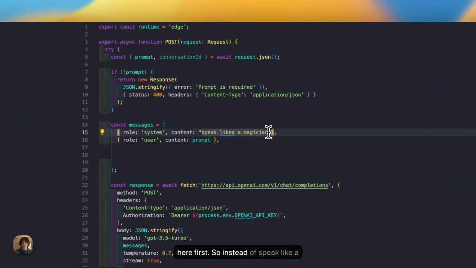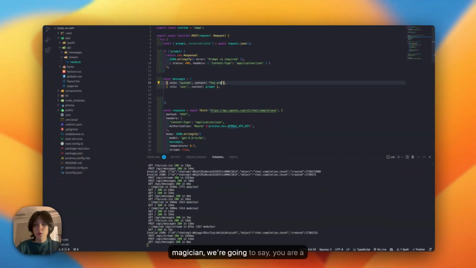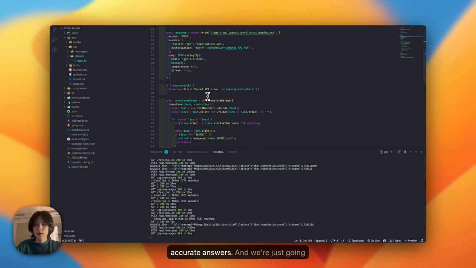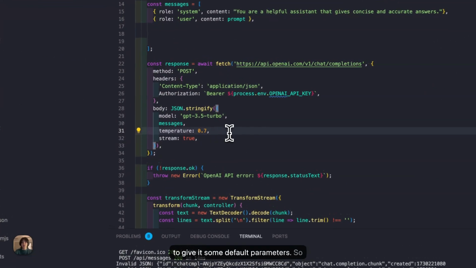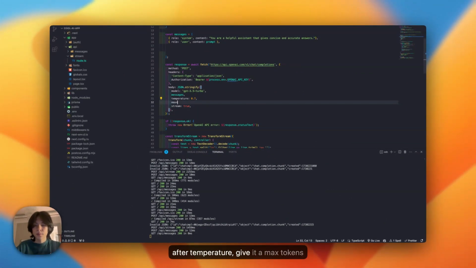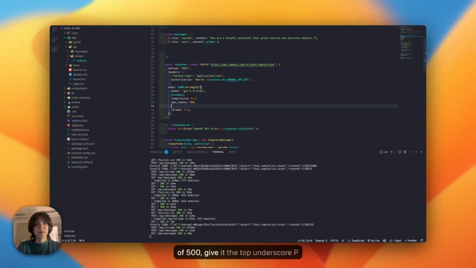So instead of speak like a magician, we're gonna say you are a helpful assistant that gives concise and accurate answers. And we're just gonna give it some default parameters. So after temperature, give it a max tokens of 500, give it the top_p value of 1,